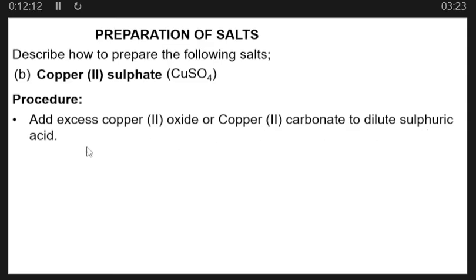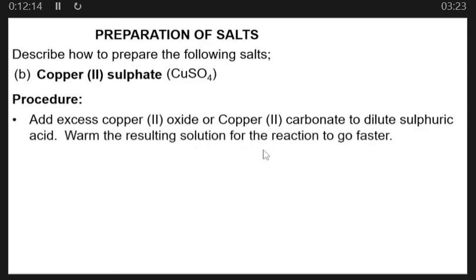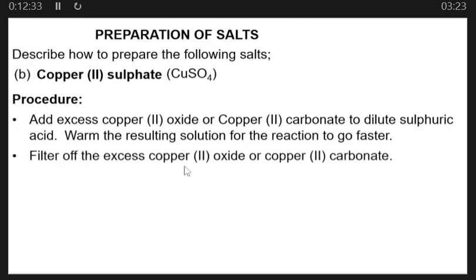Then we are saying you warm the resulting solution for the reaction to go faster. So the reaction of copper 2 oxide with the dilute sulfuric acid doesn't go fast, so you have to warm it for it to go a little bit faster. All right, so after that, then you have to filter off the excess copper 2 oxide or copper 2 carbonate,